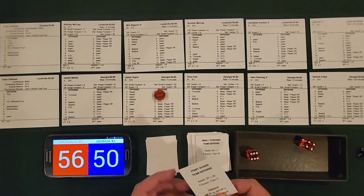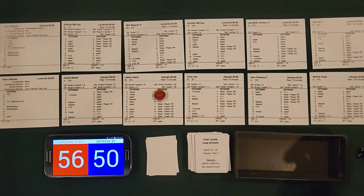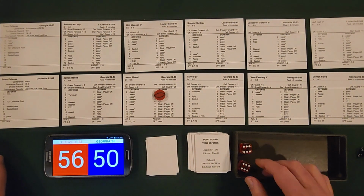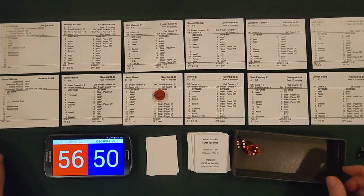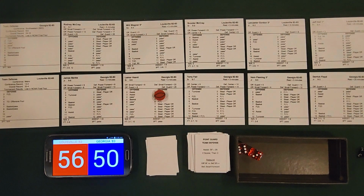Hurd's going to try some defense of the Louisville Cardinals. That's a 12. I think that's a team block I made for Louisville. So just roll one die. That's a 3. 1, 2, 3. We'll give Terry Fair another block. Well, let's give it to someone who isn't in the block ranges here. I'm going to give it to,